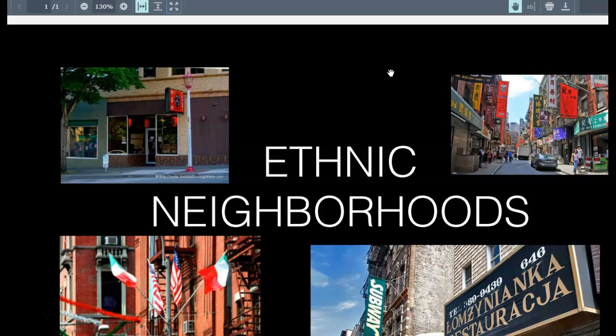You can see signs that, or even like down here in this lower left-hand picture, you see the American flag, but you also see flags from whatever that ethnicity or whatever that ethnic neighborhood is celebrating. So in this case, it would be Italian, the Italian flag. So again, it doesn't have to just be that we were talking about old ethnic neighborhoods from the turn of the century. These are all very modern pictures that you can go to any large city and see ethnic neighborhoods